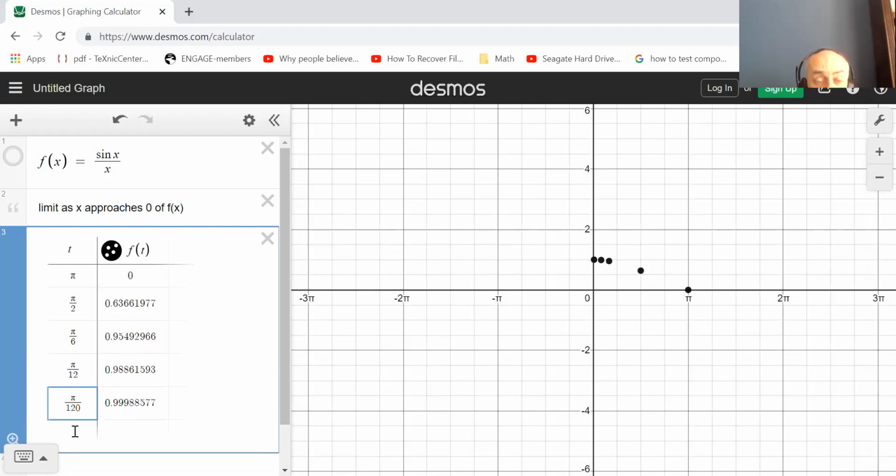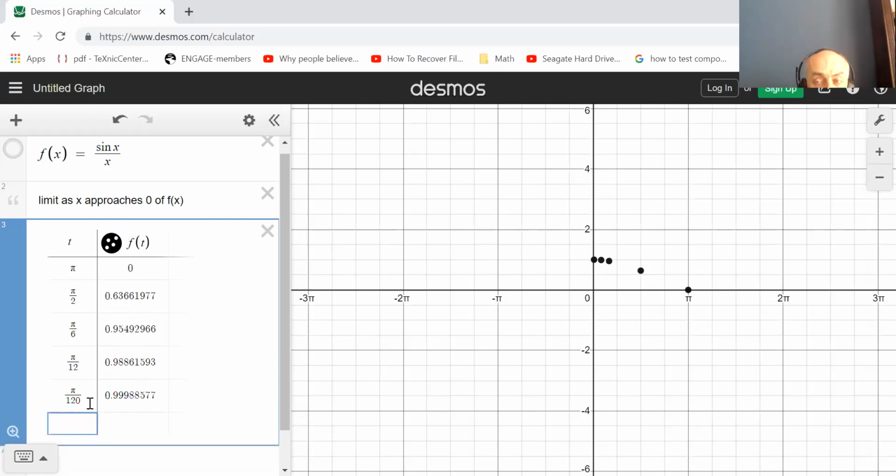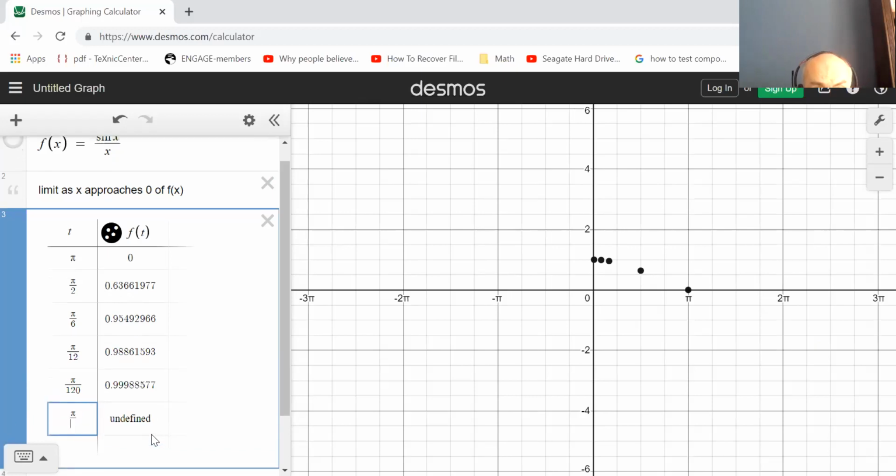And if you increase the denominator of a fraction here, so you do pi over 1,000, let's say, that number is going to grow even higher, even closer to 1. It's going to be 0.99999. So based on the observations from this table, folks, we can conclude, and you can see that it even